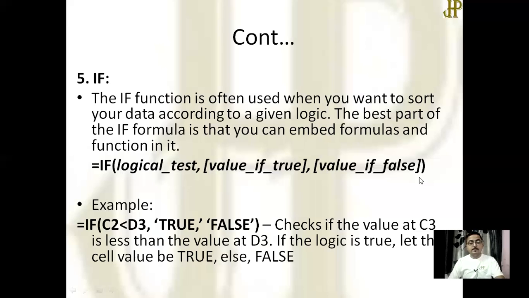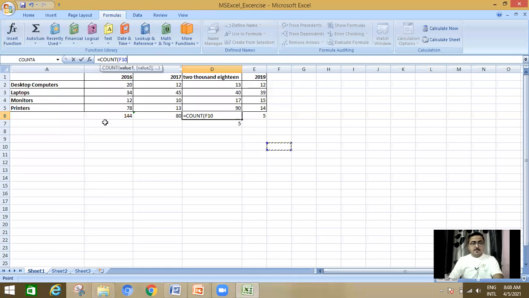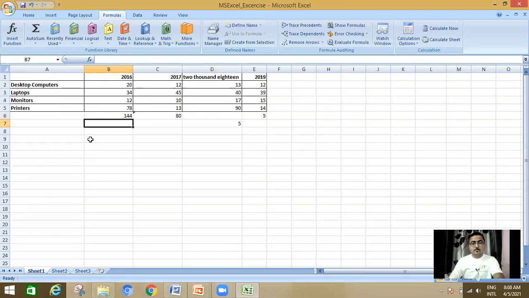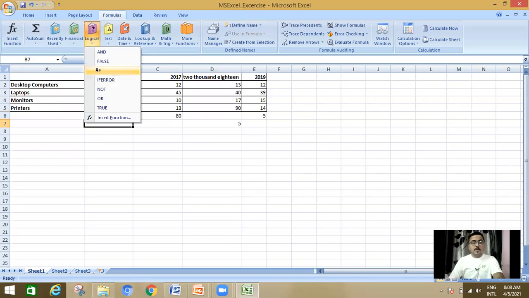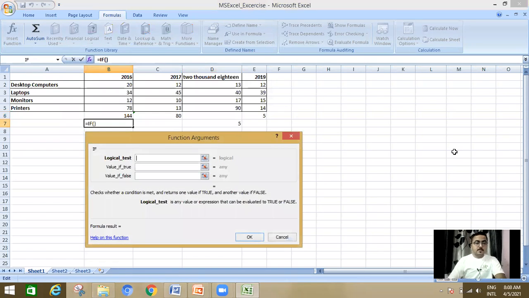For example, I want to insert it over here. Go to logical, click on IF. So logical test: if laptop sales is greater than desktop computers, okay, so B3 is greater than B2.